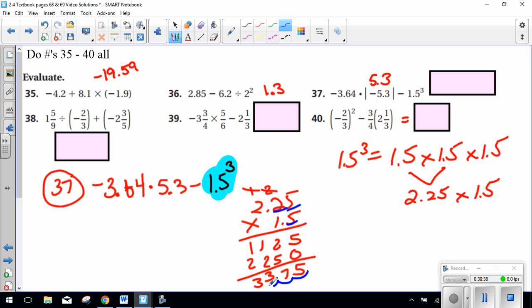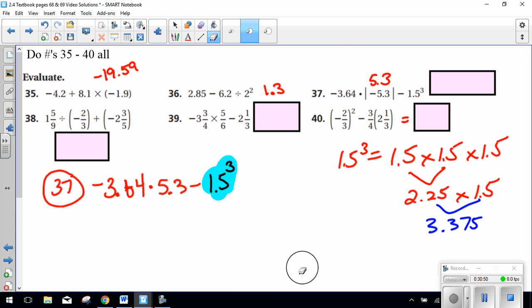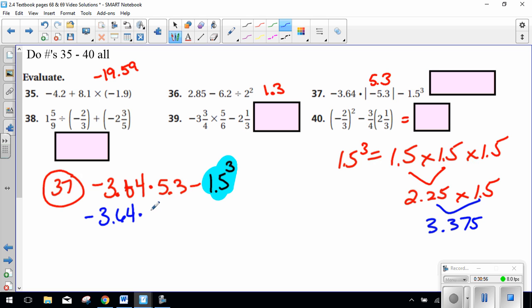So 1, 2, 3. So this whole thing is equal to 3 375 thousandths. Once again, I'm going to erase the little work. Please don't erase your work. So negative 3 6400ths times 5 3/10 minus 3